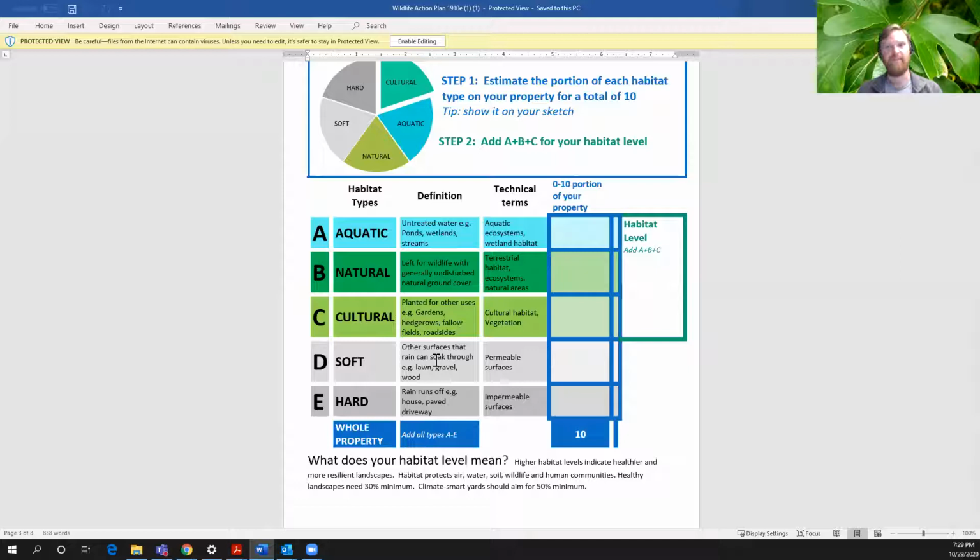Now, interesting question: what if you're doing a naturalized lawn? What if you're doing a lawn that has strawberries and violets and pussytoes and hawkweed? Maybe you're leaving your dandelions, things like that. At that point, I think that bumps it up into the cultural area. If you're doing that, a sort of polyculture lawn, you can count that as cultural and you can count it in your habitat. You heard it here first, folks.